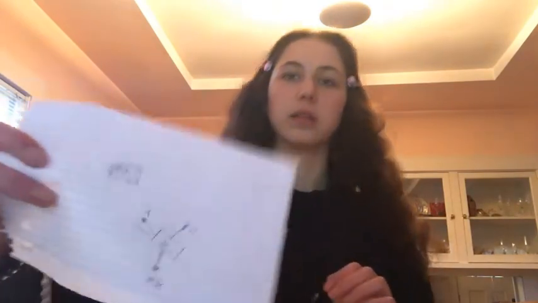We know that the force of gravity is acting on it straight downward, and the normal force is acting on it perpendicular to this surface, and then the force of tension is acting on it parallel to the surface, like this. And we know that it's accelerating downward, so